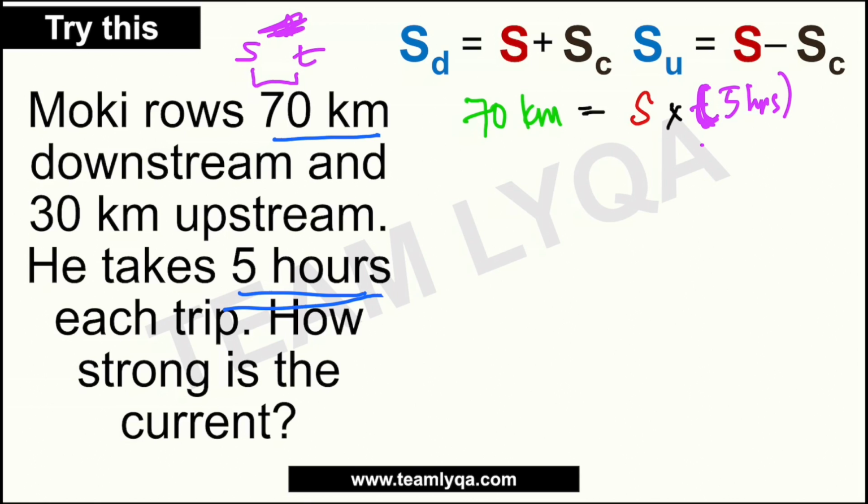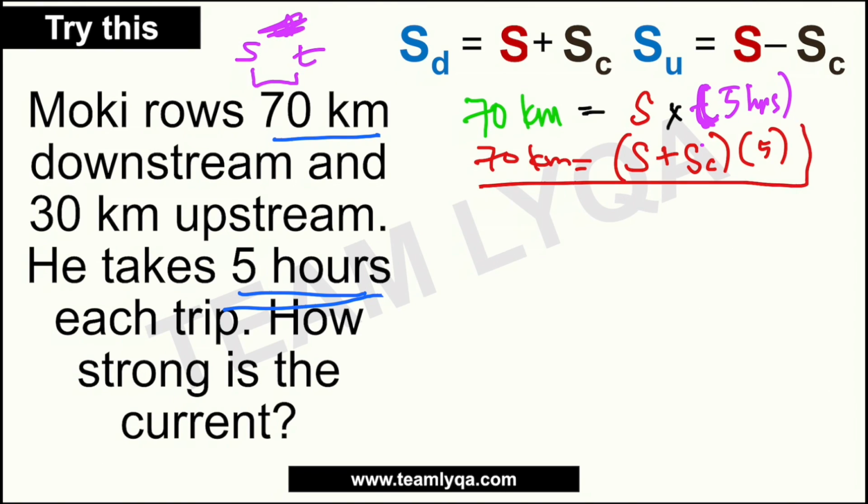Pero alam natin na yung speed niya moving downstream would be yung regular speed niya plus yung speed ng current. Okay? Times 5, siya yung 70 kilometers na magiging sagot. So, yan yung first na condition. Ito yung kapag nagmo-move siya